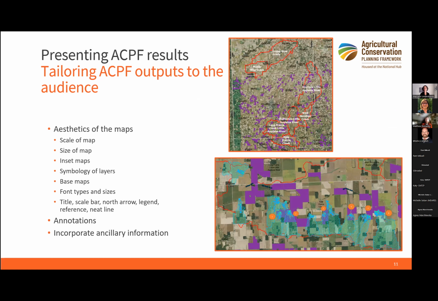As part of those ACPF analyses, there was the nutrient removal wetlands layer as one of the outputs. Nutrient removal wetlands are a really popular conservation practice in Ohio lately. There are a lot of different funding opportunities to get more of these installed. So there was another organization that received some funding to install some of these nutrient removal wetlands